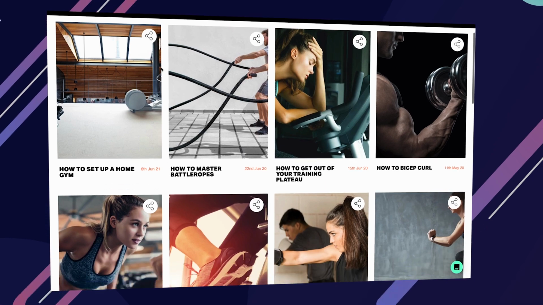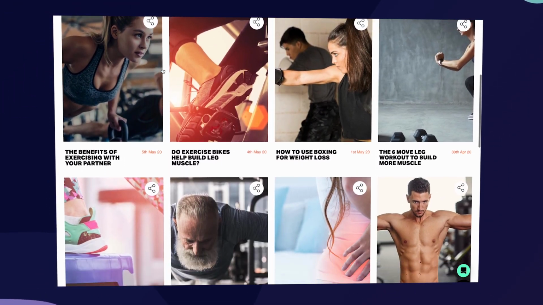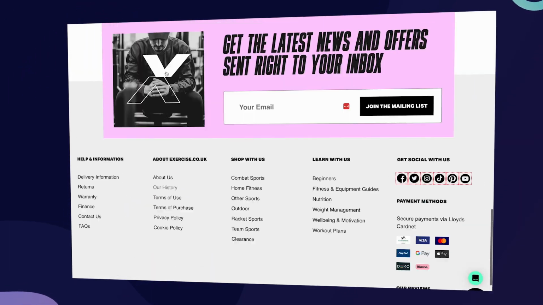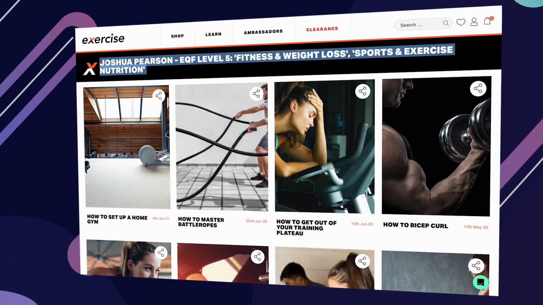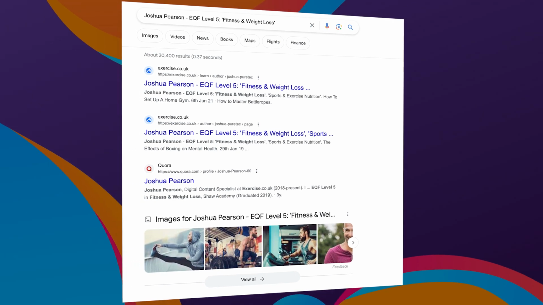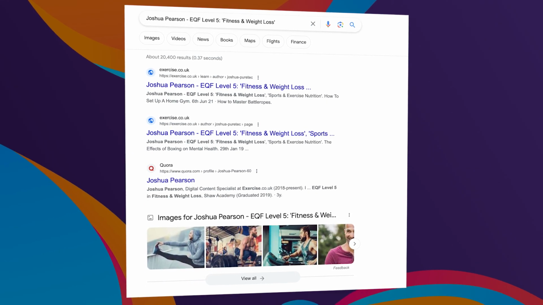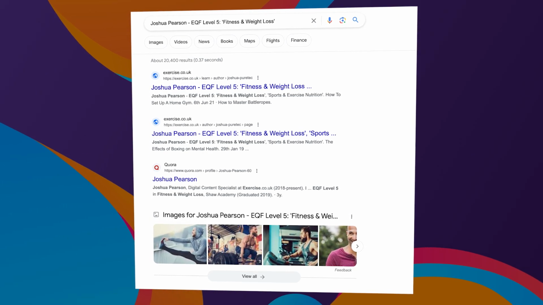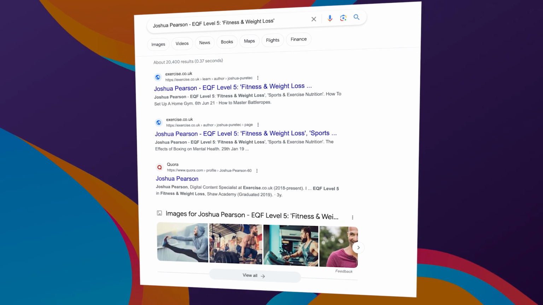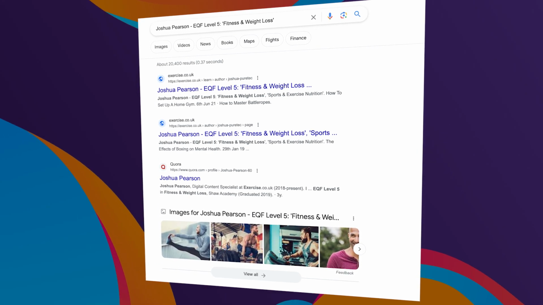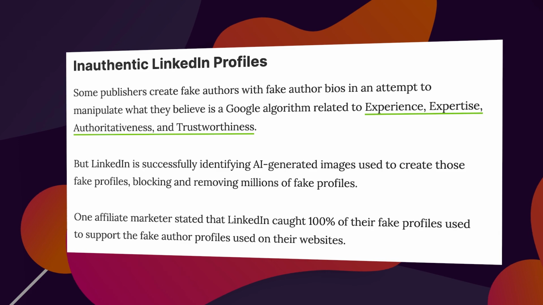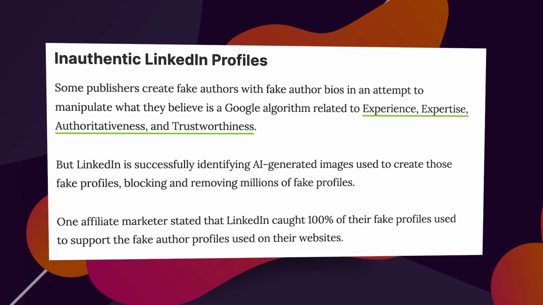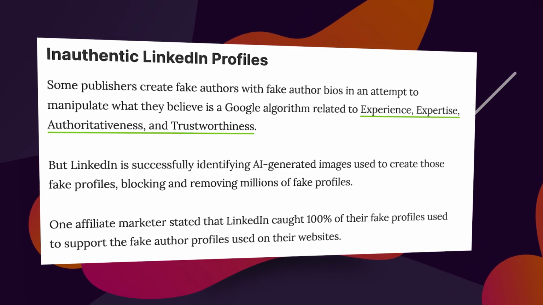So you decide to try to contact the author, and very quickly you see that there's no author transparency. You can't contact the author, there's no way of emailing them, so then you decide to actually try to find out who this author is on Google. What's actually deemed as a major issue for a Google quality rater is if they search your authors on Google and they can't find any recollection. They can very quickly come to the conclusion that that author isn't a real person, so they don't have any expertise or any trust within that industry.